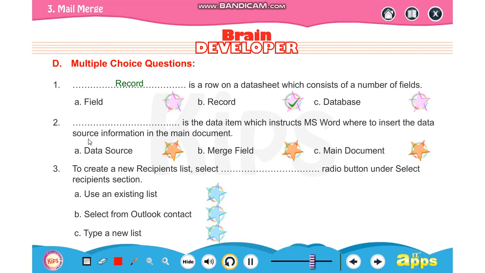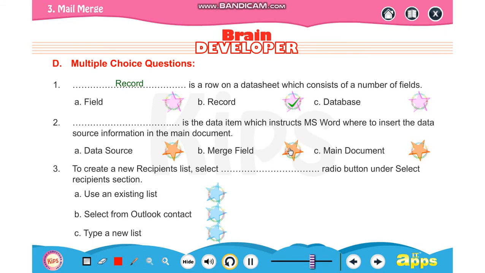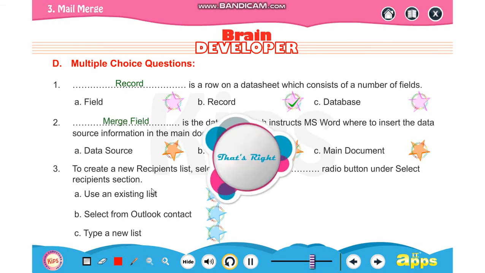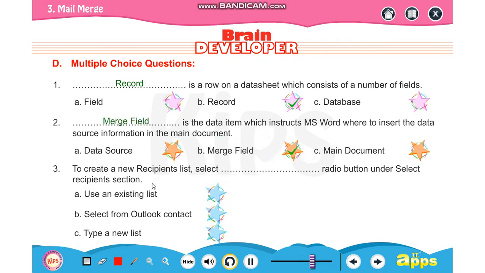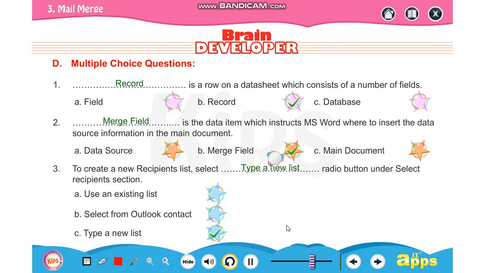So that is your merge field. To create a new recipient list, we are going to select type new list radio button under the select recipient section.